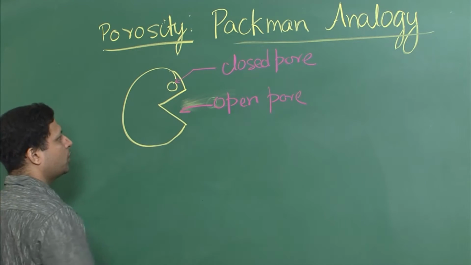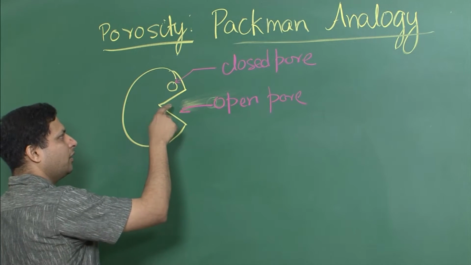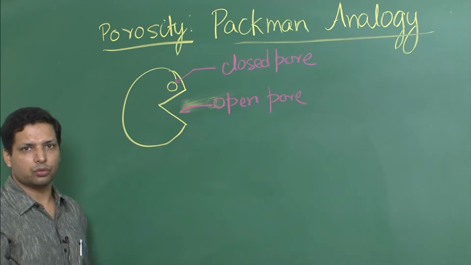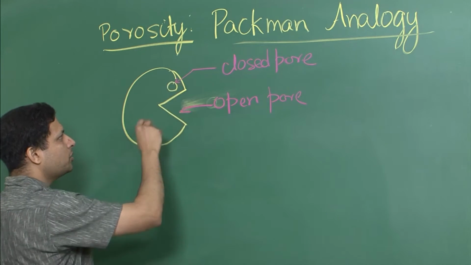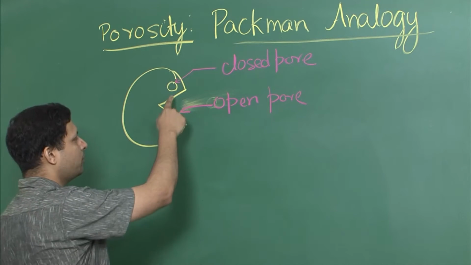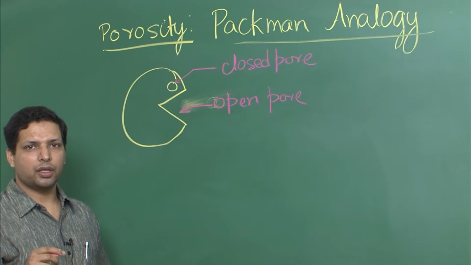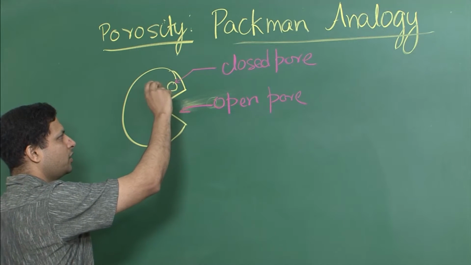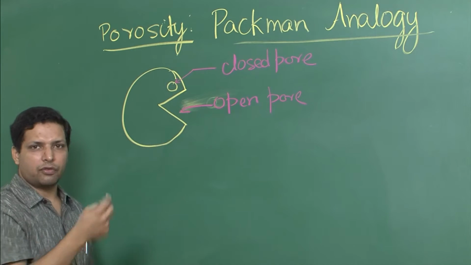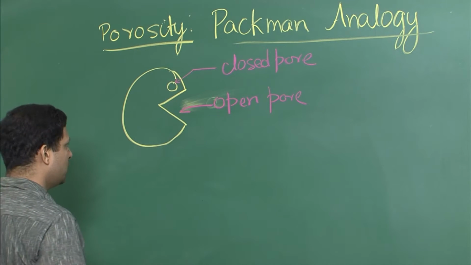Now, what is a closed pore and how is it different from an open pore? An open pore, as you can see, is through and through the particle. So, if the gas is flowing, it will allow the gas to flow all the way through. On the contrary, the closed pore, although it comes to the surface, does not pass through the whole particle. So, the gas cannot pass through it. However, it still leads to an increase in the surface area, because you can think of some hemispherical scoop cut out from the particle. So, there is a surface area increase because there is a pore over there. That is the difference between a closed pore and an open pore.